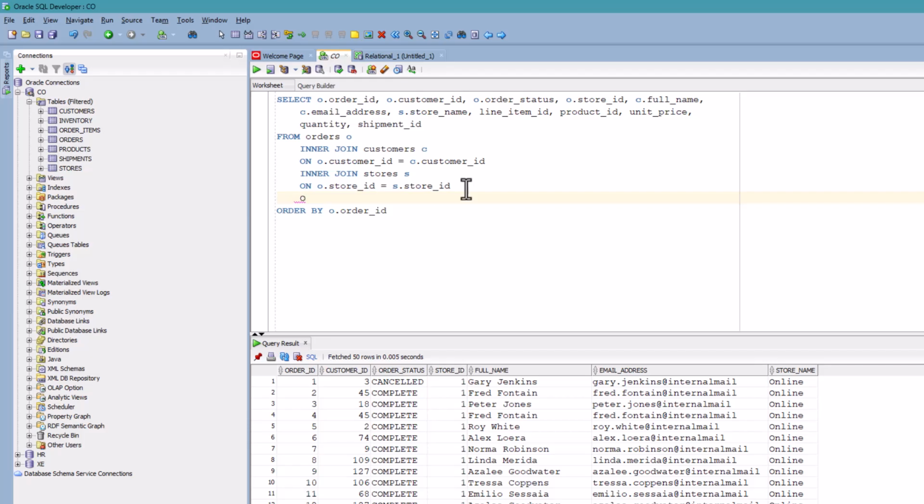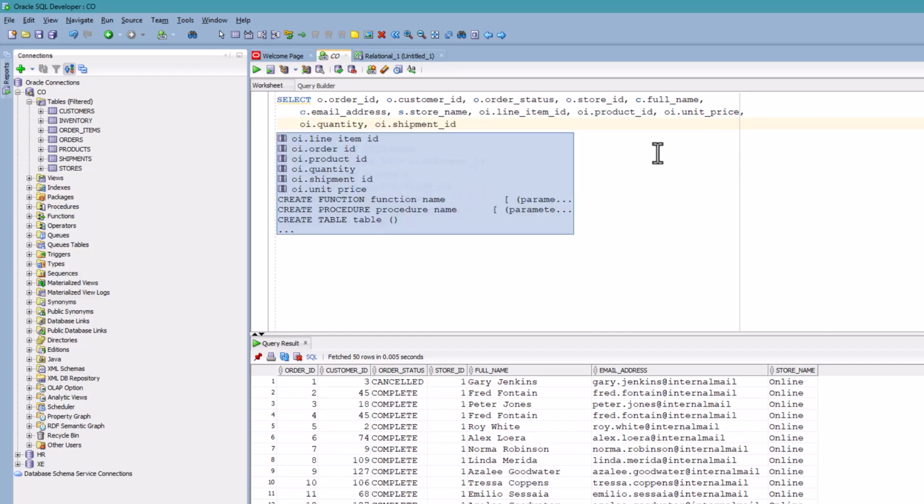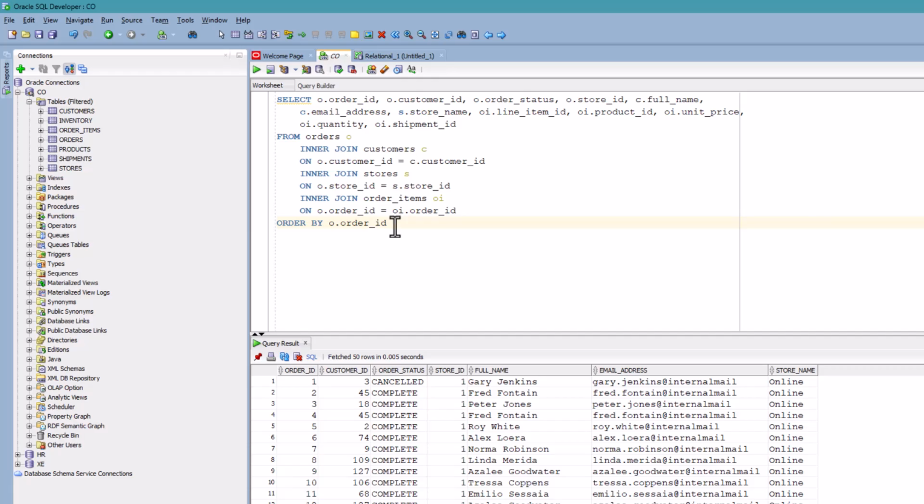Our join statement is going to be inner join order items. We'll call this OI on O.OrderID equal to OI.OrderID. We're going to come up and add that OI to our line item ID, the product ID, unit price, quantity, and shipment. We probably also want to order all of the information being returned not only by the order ID, but also by the order's line item ID. Let's go ahead and add that